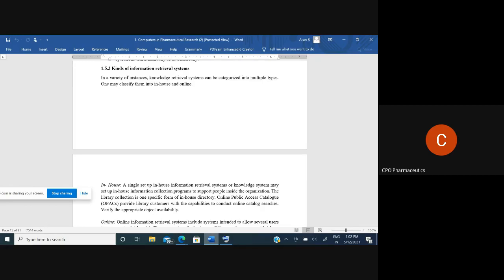Within your organization, or within a controllable limit, you can put in information and then retrieve it. So it will be completely under the control of your employees, and so the confidentiality is maintained. This is one way of information retrieval system. And then the second way is